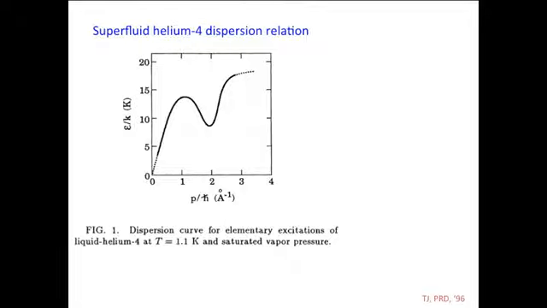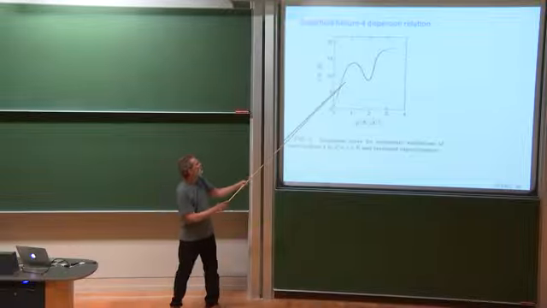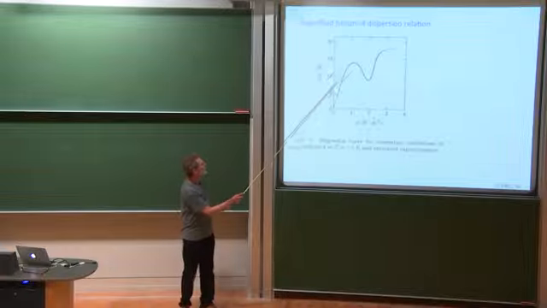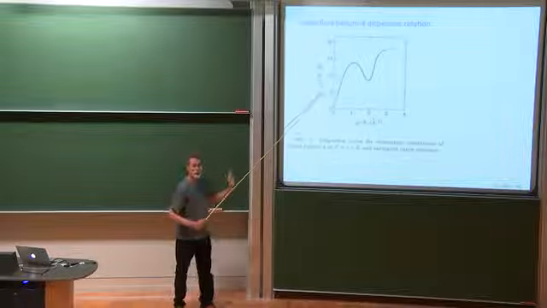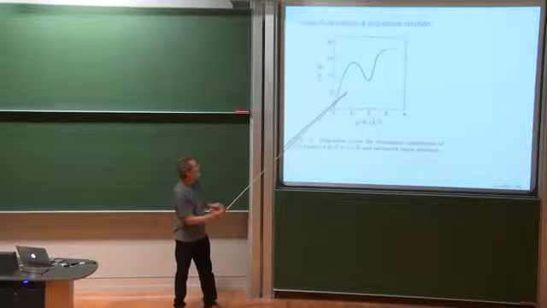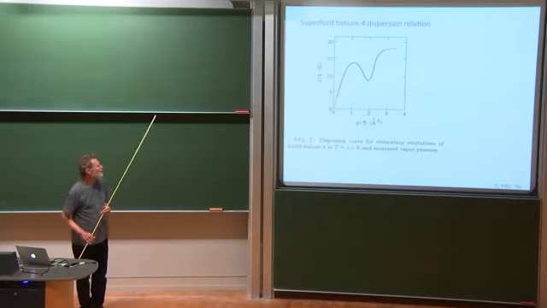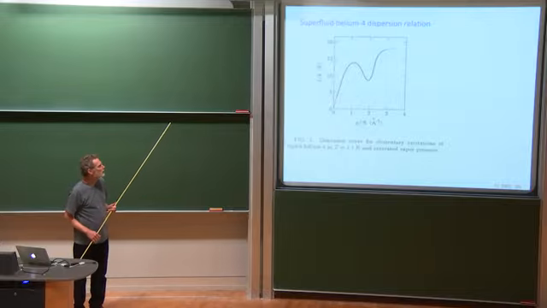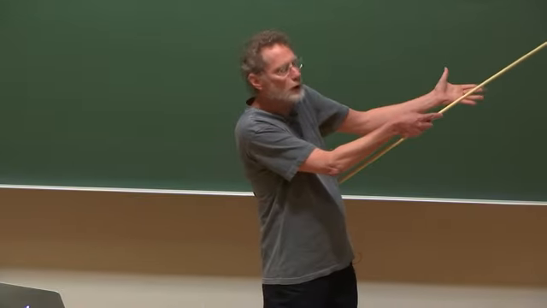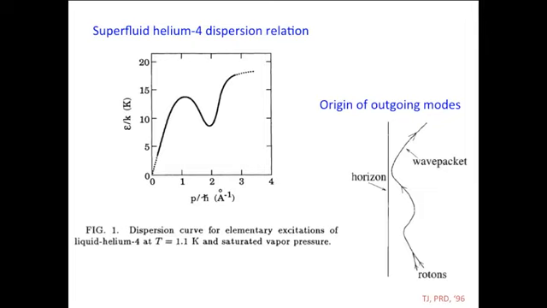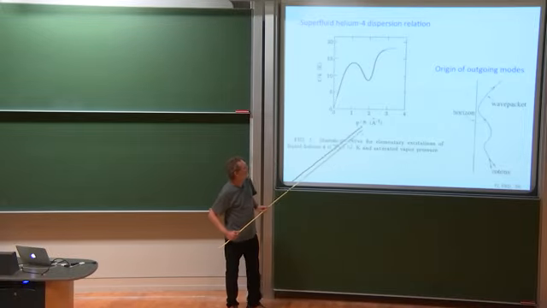But once the wavelength starts to approach angstrom scale, which is the separation scale of the atoms, the group velocity, well, the curve drops over, the group velocity drops, and eventually it does this funny wiggle associated with what's called the roton minimum. And eventually, at high enough wave number, there just are no stable excitations or quasi-particles. So we could ask, with this situation, what would be the origin of the outgoing modes in Unruh's sonic analogy?